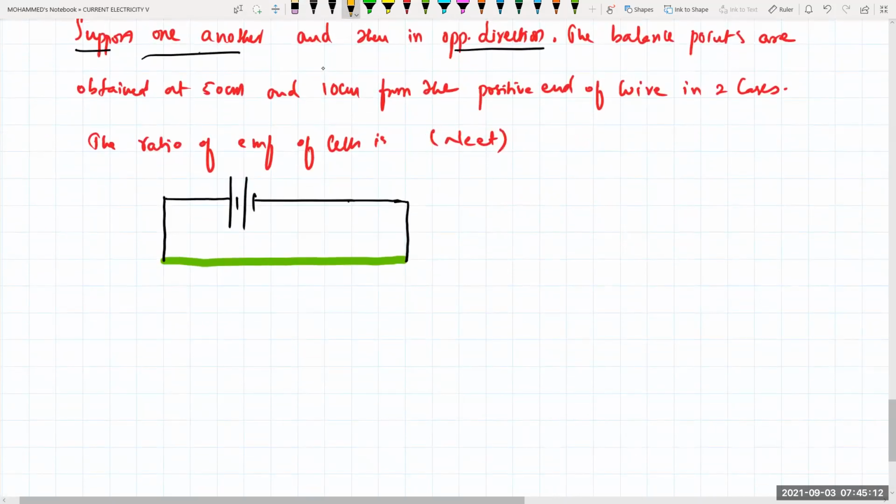See, first one is something like this: one positive terminal, negative terminal, positive terminal, negative terminal. And this is some internal resistance here. And one more combination, it is in the opposing condition. Here, one positive, this one is negative, again negative and positive terminal. This is an internal resistance and both of them are connected to the galvanometer. And there is also a key here. So this is your key and this is your key.